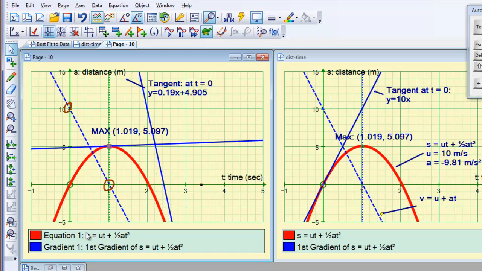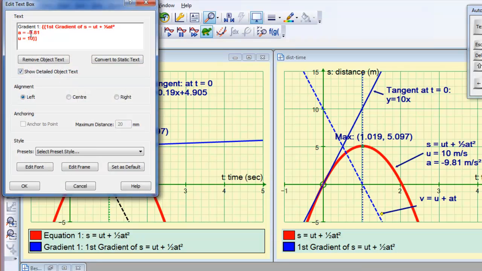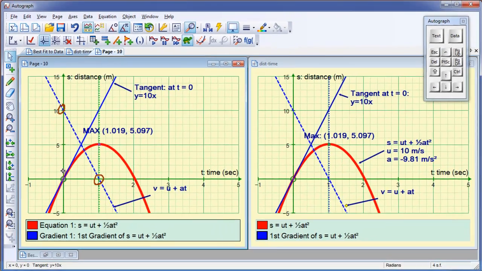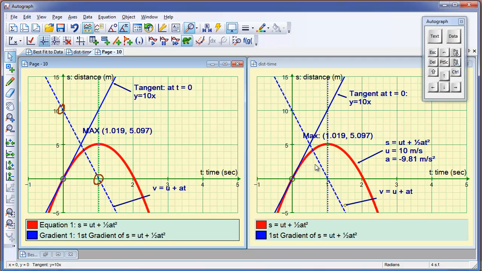So this is the first derivative. If you differentiate this, you get v equals u plus at. So that's what I've done on this one. So I've deselected everything and select that, and here I put, instead of all this information which I don't need, convert to static text, get rid of that, v equals u plus at. So there's that diagram, and that's pretty much what's